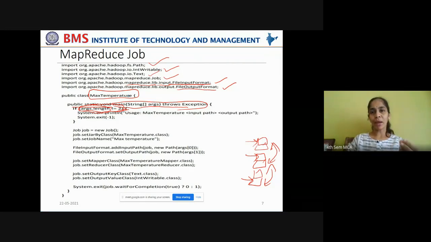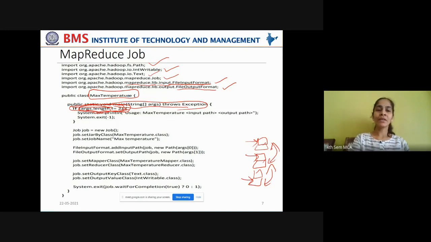In order to invoke this MapReduce task, what are the minimal arguments you require? Input path from which the data has to be read, and output path to which the final result has to be written. Now these two are the minimal arguments that need to be passed to this class in order to perform the MapReduce job. That is why you are checking the argument string vector length. If it is not equal to 2, understand this carefully, you are not passing a sufficient number of file paths.